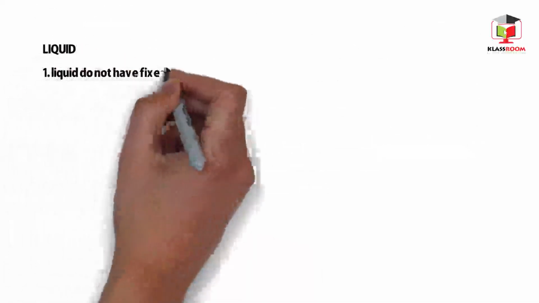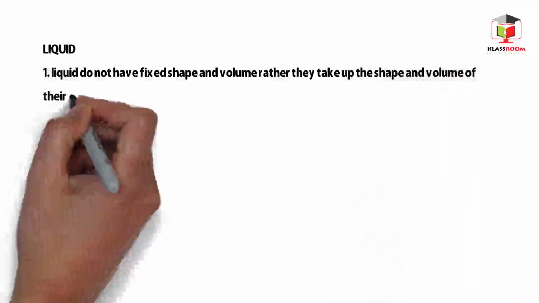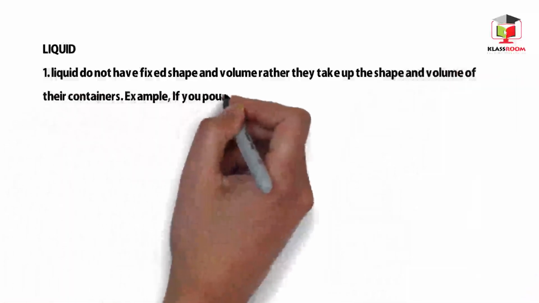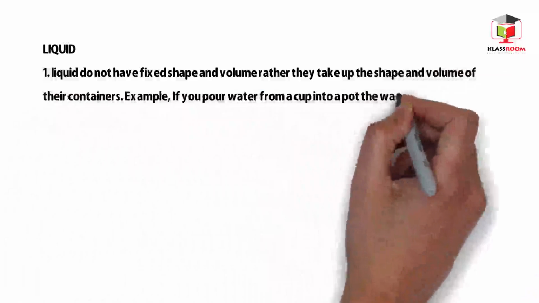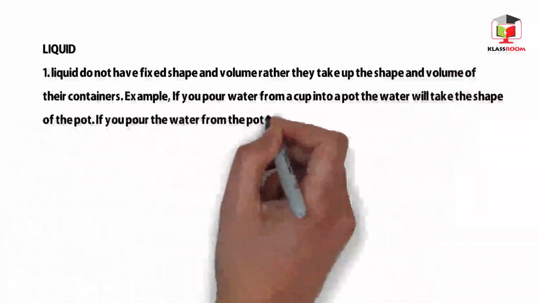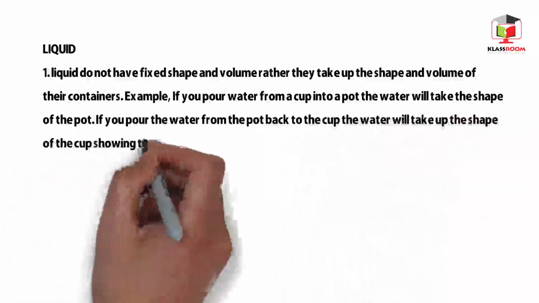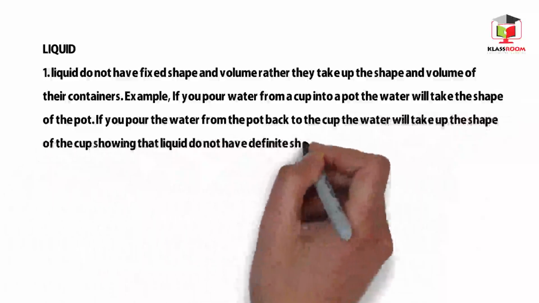Liquids. Liquids do not have fixed shape and volume. Rather, they take up the shape and volume of their containers. Example, if you pour water from a cup into a pot, the water will take the shape of the pot. If you pour the water from the pot back to the cup, the water will take up the shape of the cup, showing that liquids do not have definite shape and volume. Rather, they take up the volume of their